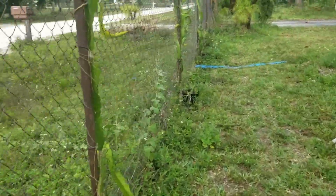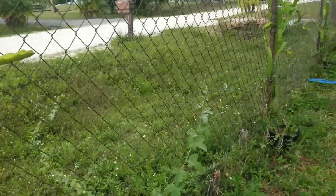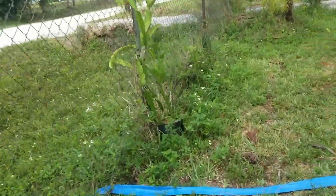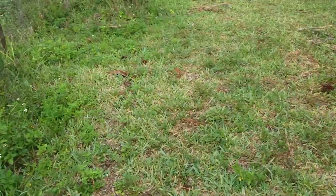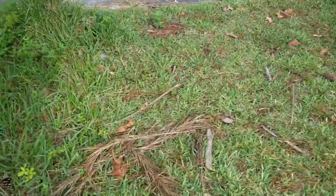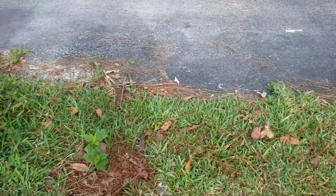Okay. So, these are starting to bloom. I hope I get at least one fruit. That'd be nice. I'm not looking to get a lot. If it happens, it happens. Dragon fruit's a lot like